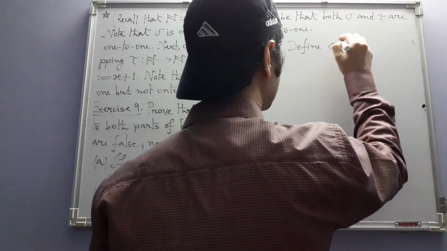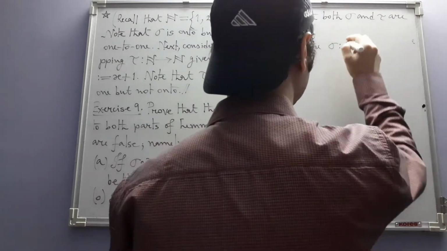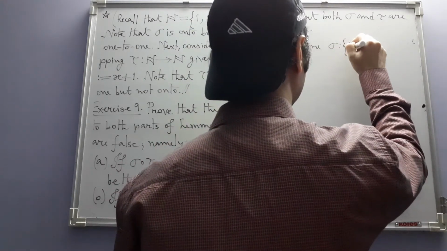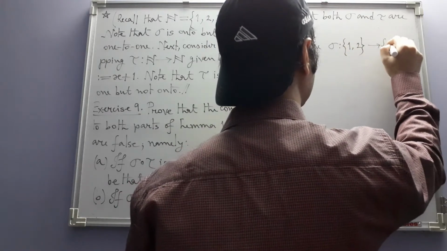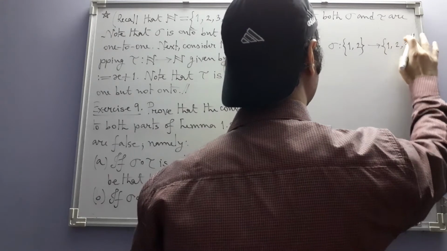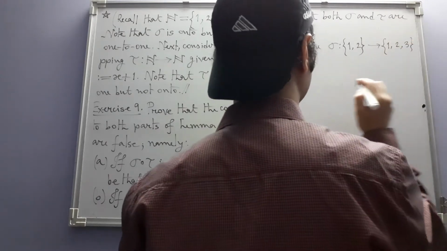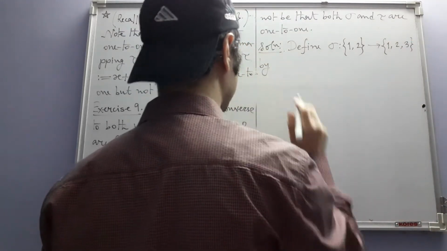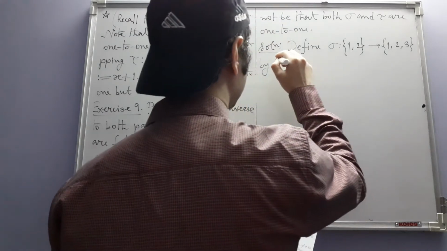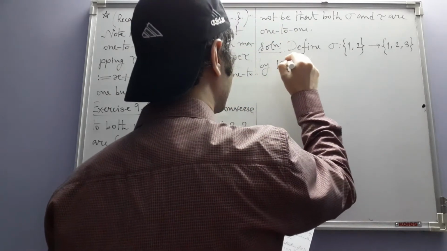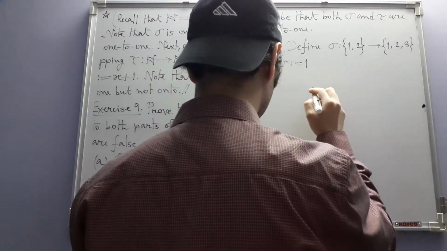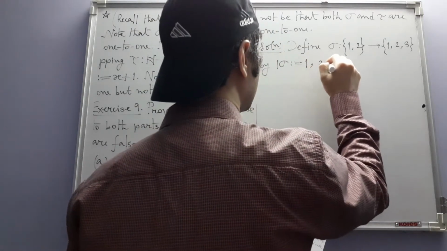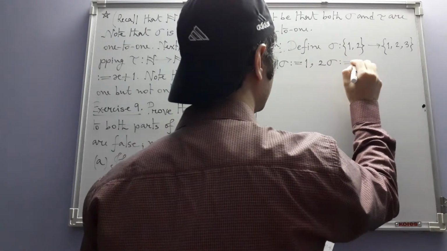Define sigma from this set into this set consisting of the three integers by: 1 sigma is 1, and 2 sigma is 2,